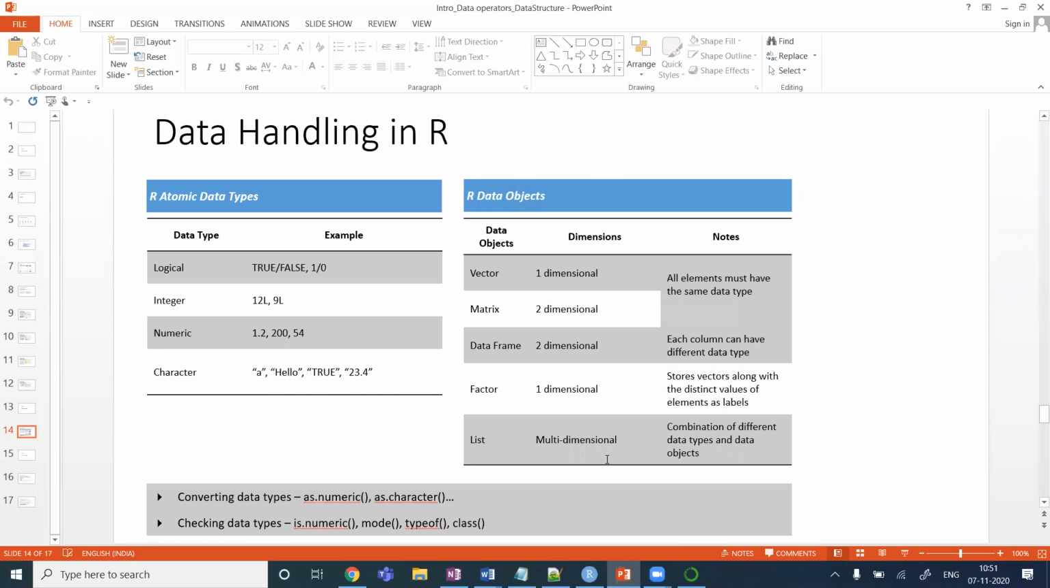And apart from that, with respect to checking their type and doing certain typecasting, we have certain inbuilt functions available for converting data types. So we have a series of as.x functions. Basically, let's say if you want to convert data to a numeric type, you have as